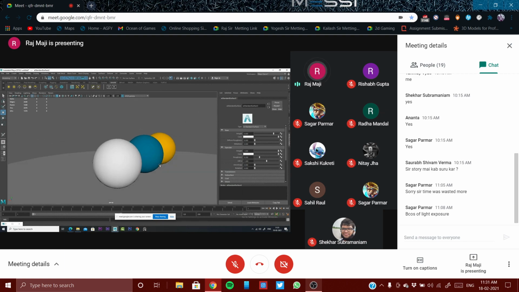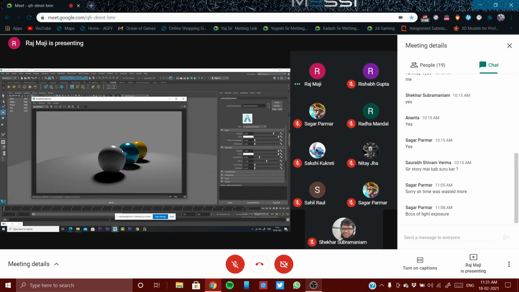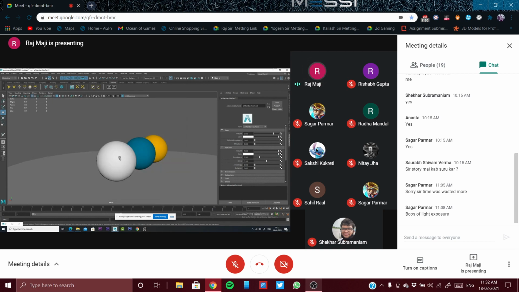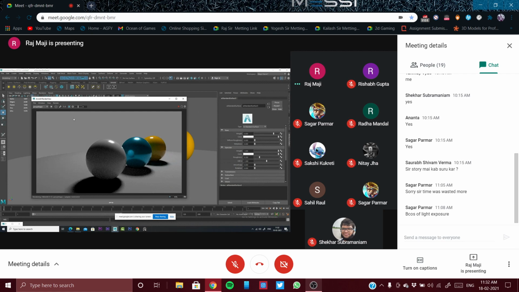I'm looking at this object from the back side, because I wanted the lighting like this from that side. That is the reason. See the reflection difference between these two, the metal object and the kind of plastic object difference.